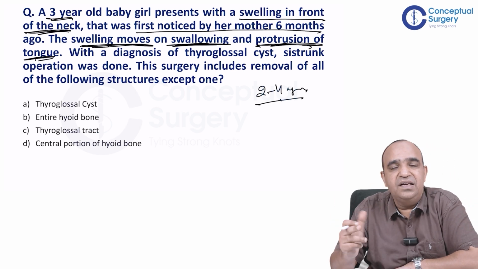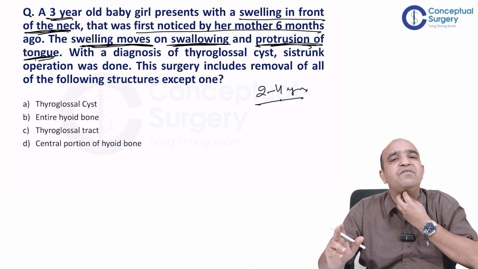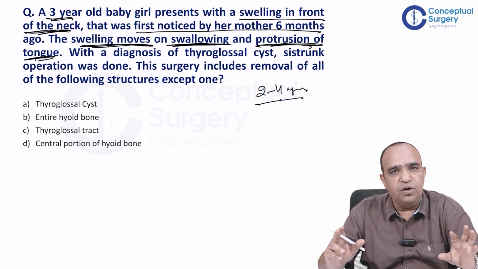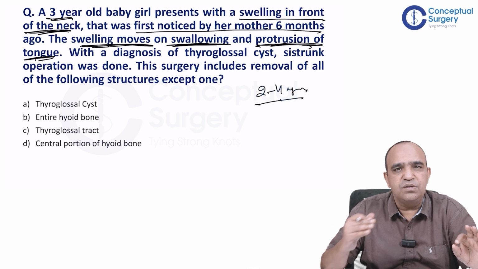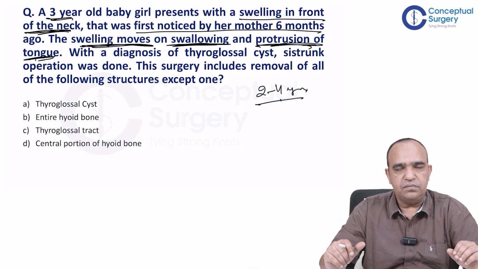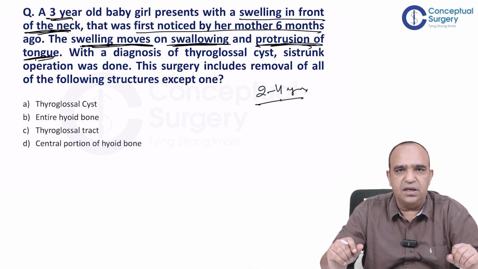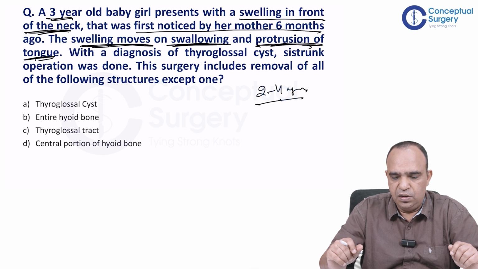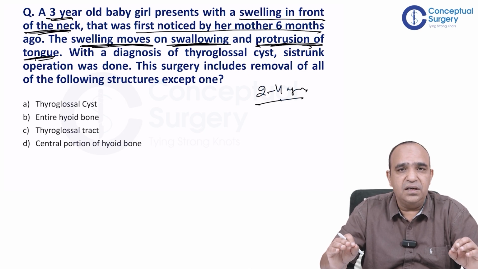Now here it goes a different way. There are two swellings in front of the neck which are very common. Thyroid swelling, one the most common. All thyroid swellings move up on deglutition, swallowing. You should know the reason. Because of the pretracheal fascia attachment with the larynx. Now, on protrusion of the tongue, thyroid swelling